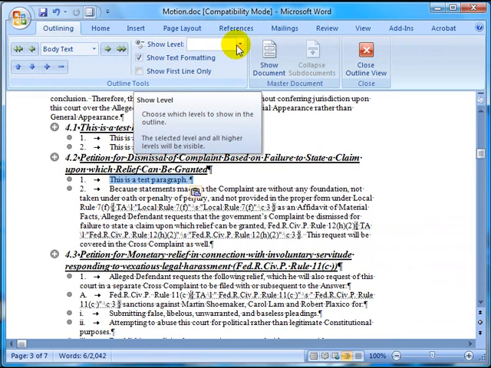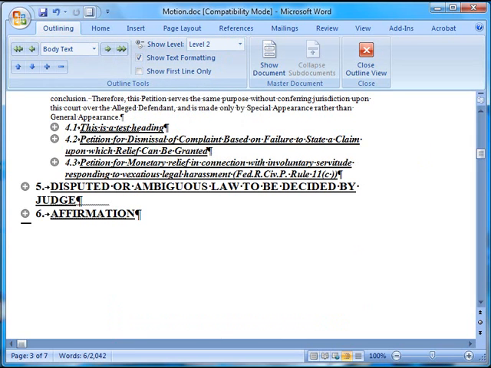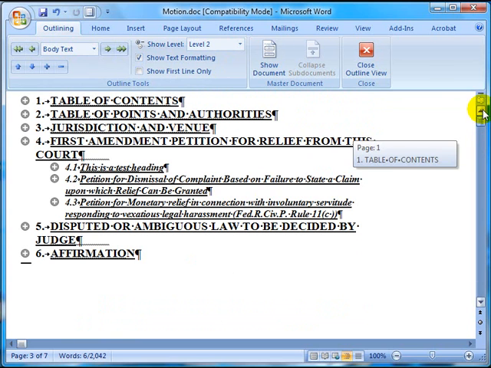And then we have to come over here and tell it what level we want to show, because we have up to 2 levels now. We're using heading styles 1 and heading styles 2. So we click on the levels and we want to see the first 2 levels. There we go. So now we can see the complete outline of our document, just like we had in the document map. This is another rendition, in fact, of the document map, but this one is a little different because